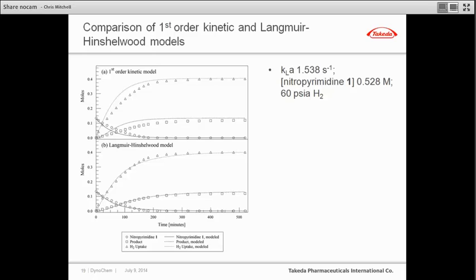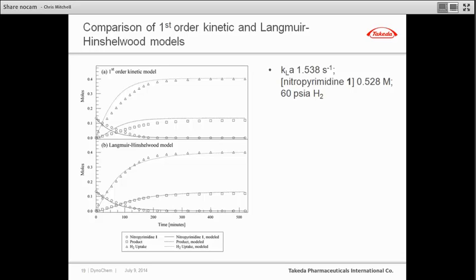So what I have here are some model data versus some experimental data. This is the same experimental data set in both cases. It has just been analyzed in the top graph using the first order kinetic model, and in the bottom graph